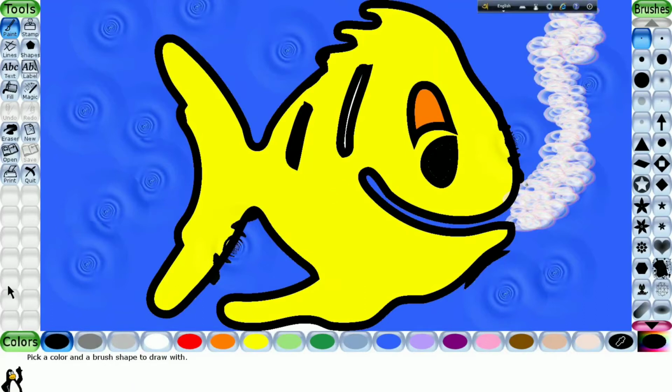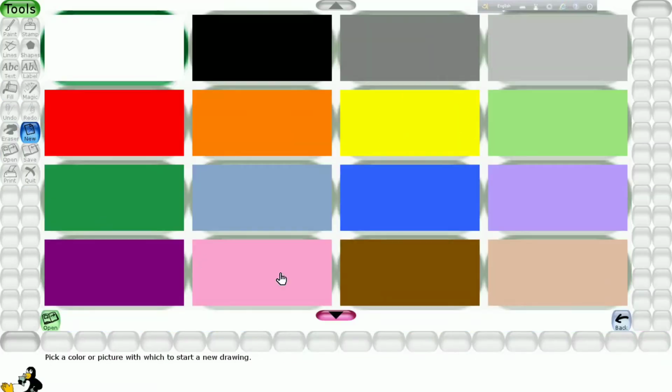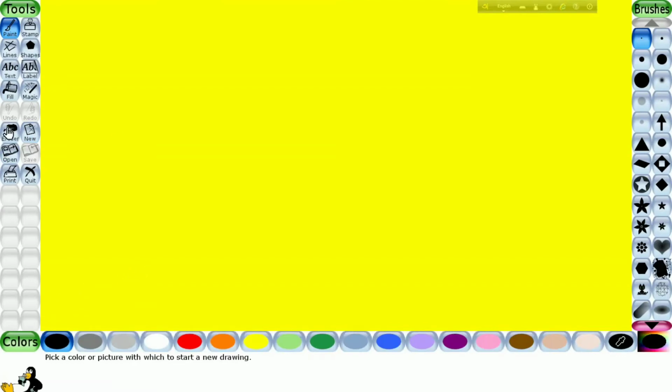This painting was already there, so I will save it and I will open a new one. So I will go to new. Now I will take a blank screen right now so that I can make a greeting card, and I will show you how to do that. We will draw beautiful borders with the help of lines. You can draw borders with any shapes and you can select different colors.